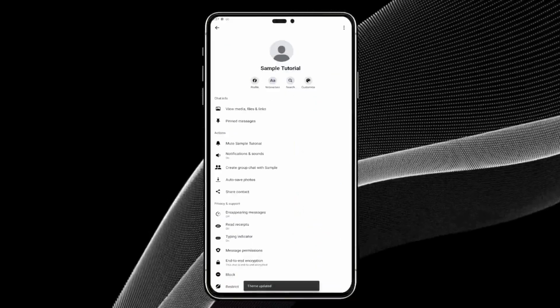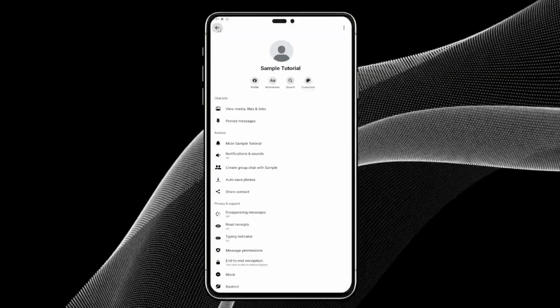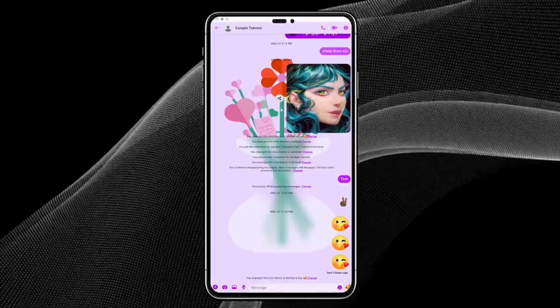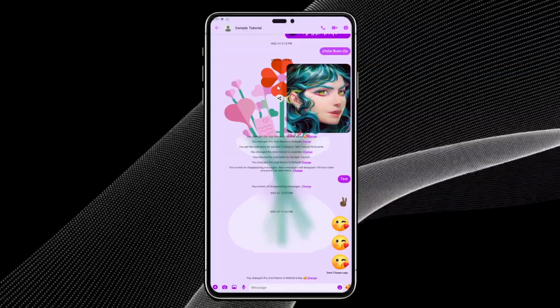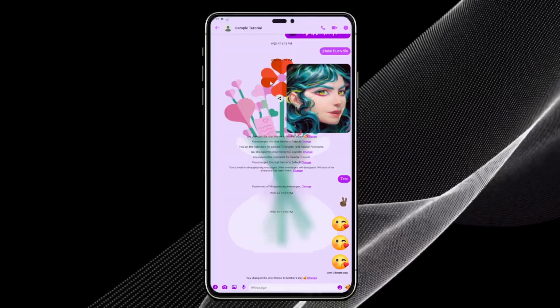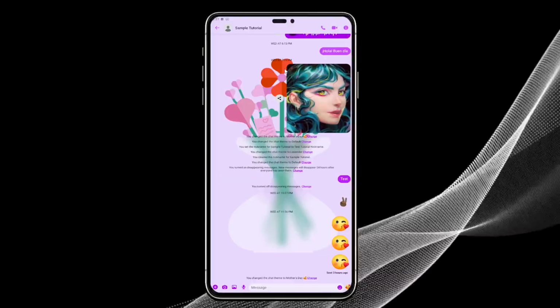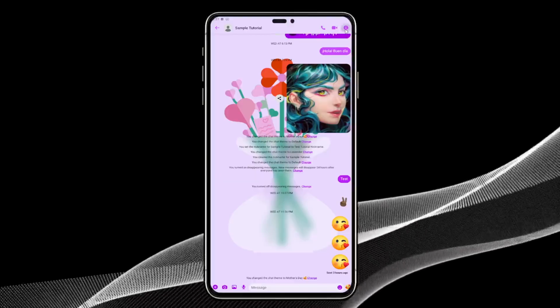Go back to your conversation now, and you'll notice that the theme has been successfully applied. Your messages and the overall chat interface will now reflect the new theme you just selected, giving your conversation a fresh new look. Next, click the information icon again in the top right corner of your conversation screen, then click